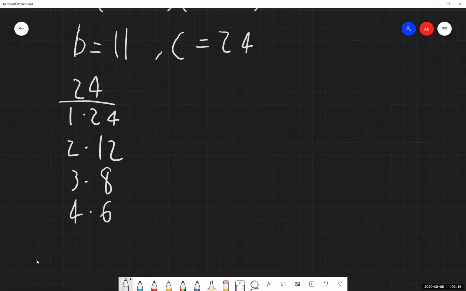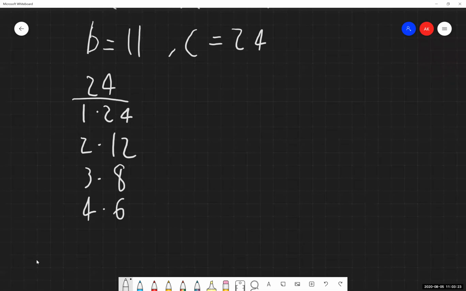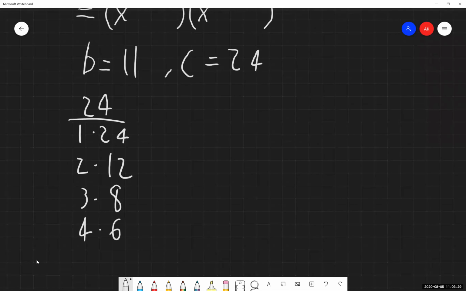Now I need to determine, and this is going to become much more important when we have negative signs showing up, which of these columns of numbers are going to be positive, which ones are going to be negative. And here's where the sign analysis is going to kick in. So we're taking a little bit of a step back to determine whether all of these numbers are positive, all these numbers are negative, if one column is positive, if one is negative, something like that.